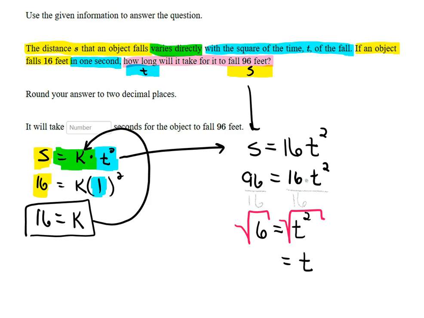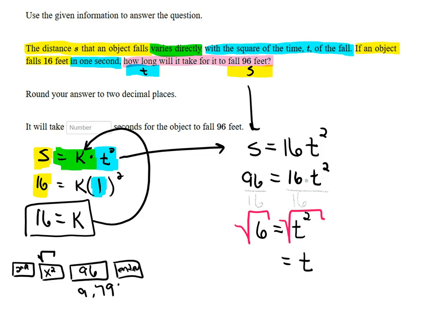And then on my calculator, I'm going to have to hit my second button, and then I hit my x squared button because written above it in blue is the square root sign. And then I will see in my calculator a square root sign with a flashing box underneath of it. And then I just need to type in 96 and then hit my enter button. So 96, enter, and I see